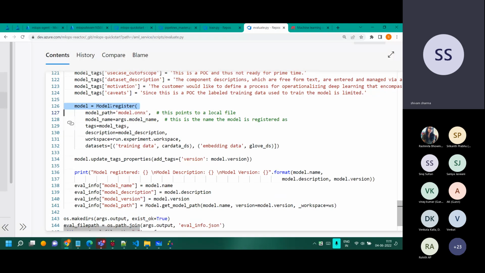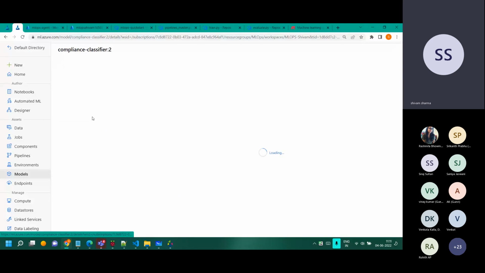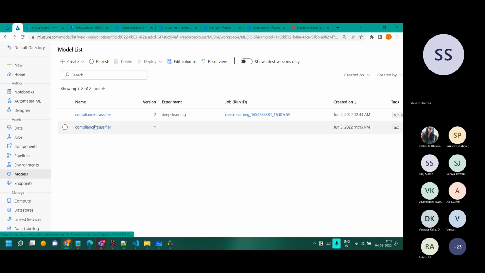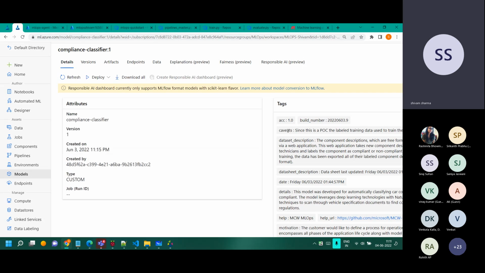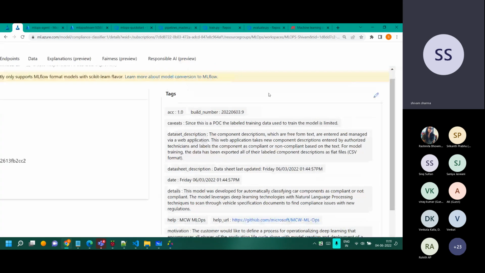Over here, we are doing the model.register. This is the model which has outperformed the old one. And then we update the tag properties of the model. At that step, what happens is what you will see on this page. I think not this one, the other one. Okay, this one. Yeah, you see this. This is where we have the entire model registry, literally the registry of the model. This is the model registry where we have the metadata of the model.